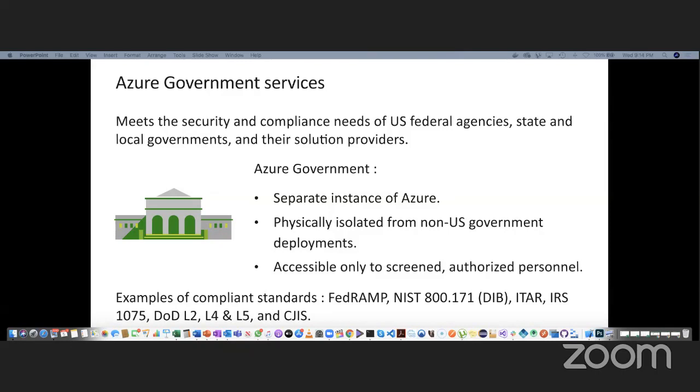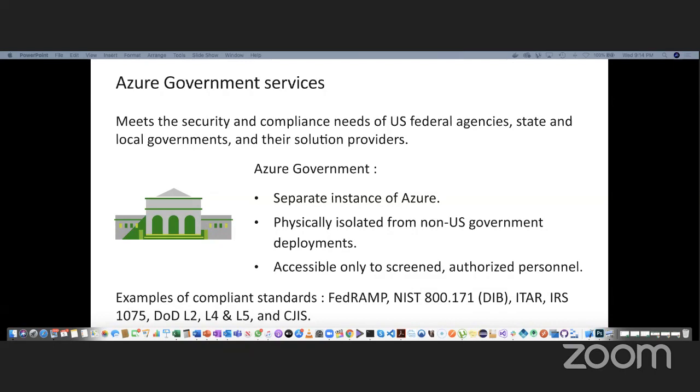DoD L2, L4, L5 is the U.S. Department of Defense, that's DoD. Levels 2, 4, and 5 are security authorization requirements for cloud service providers that host DoD information, systems, and applications. And then last but not least,